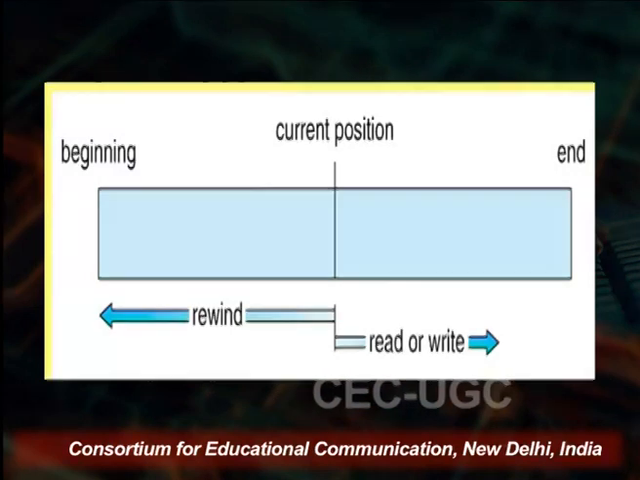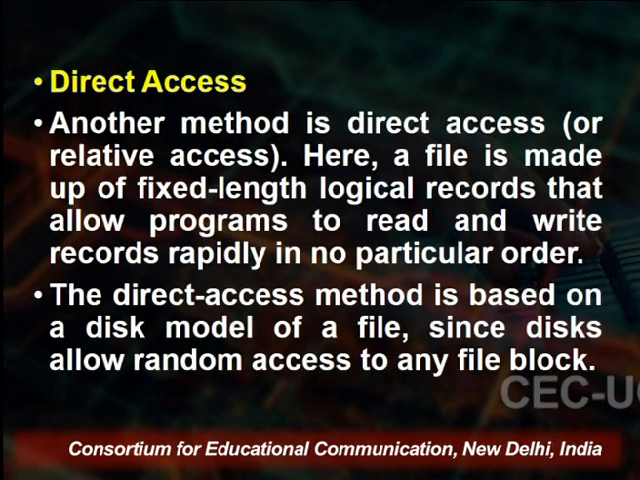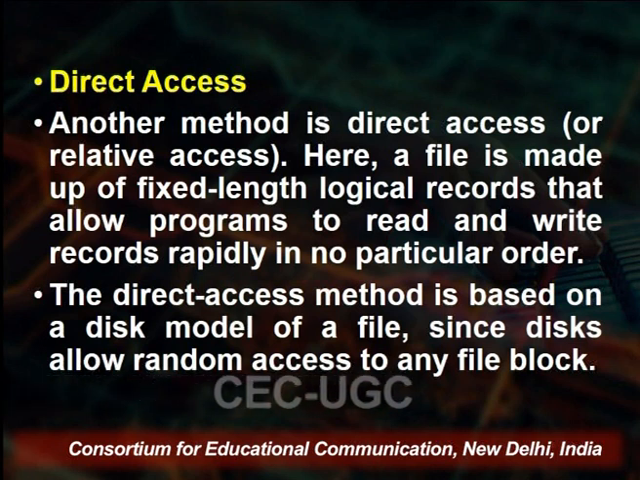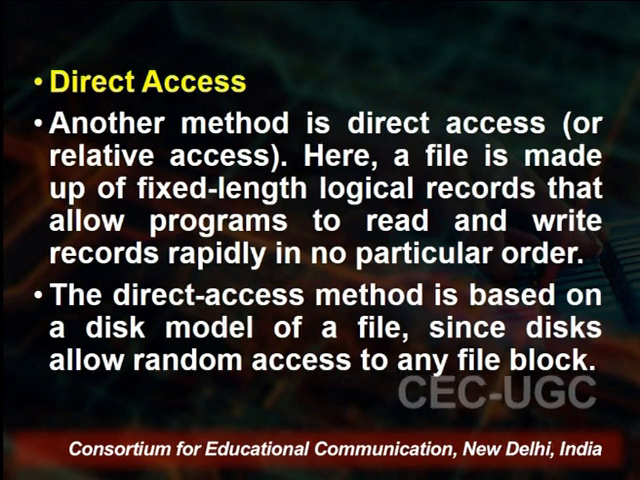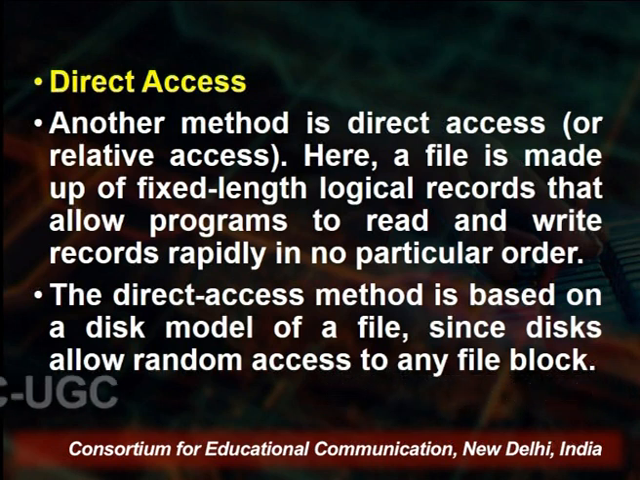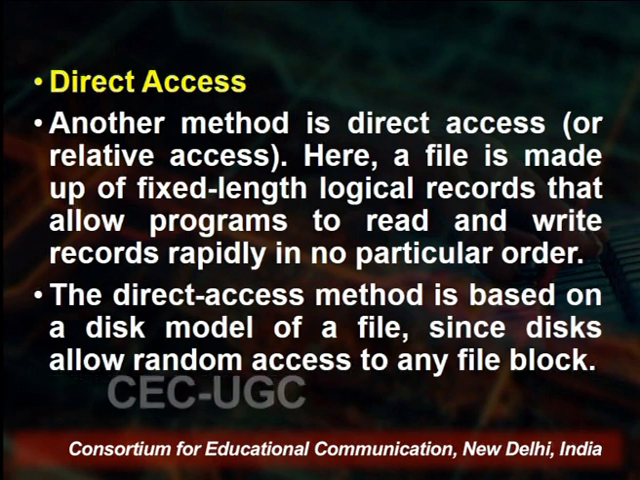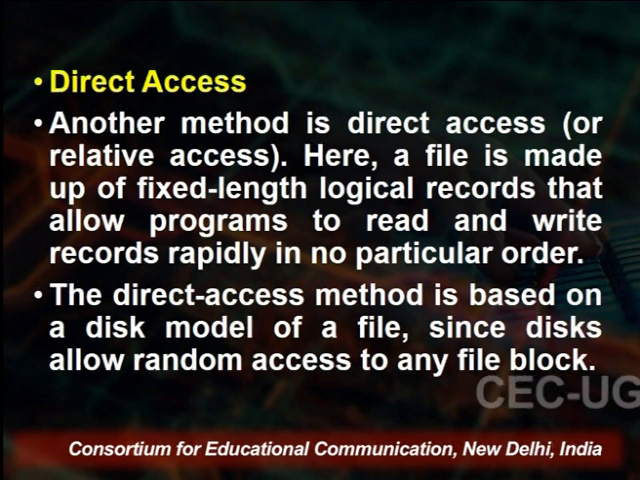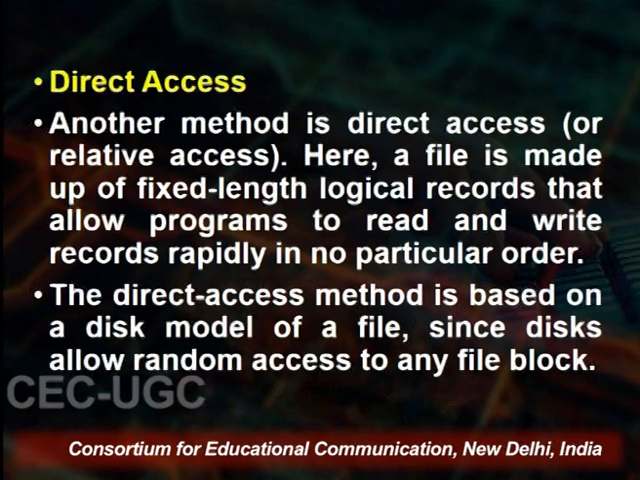Apart from sequential access, we have another method which is direct access. Direct access is also known as relative access. A file here is basically made up of fixed length records which are logically related to each other, and the programs or the system calls are allowed to read and write these records rapidly in no particular order. So for example,